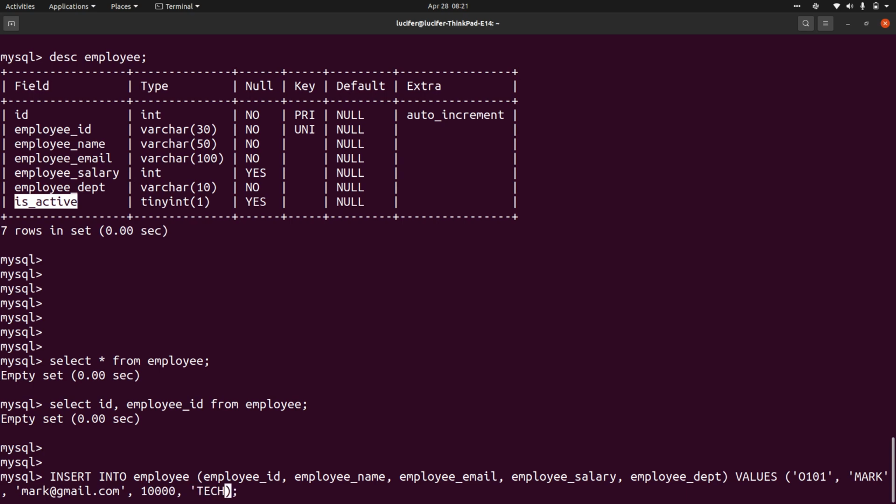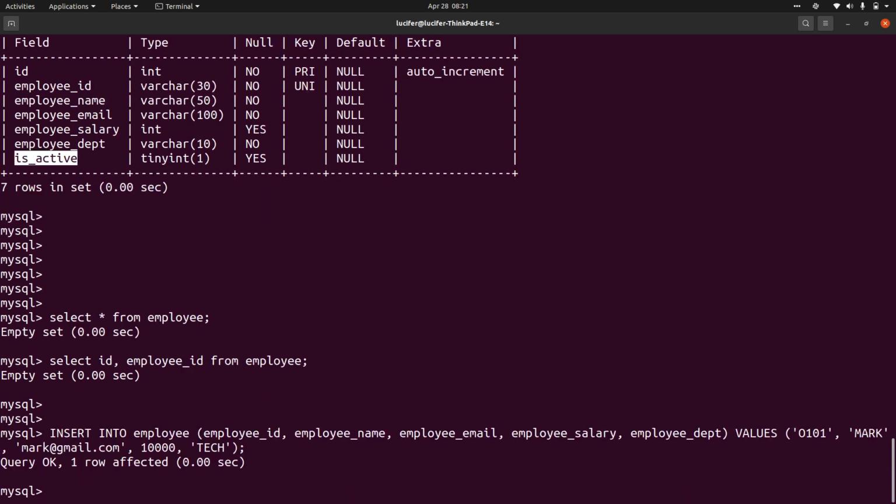Okay, let's say tech. Whatever columns I am giving here, the same values representing those columns I have to mention inside the values. Why are we doing this? Because we don't want to give ID, since we kept our ID as auto increment, right? It will automatically increment starting from 1. And we are not giving is active. Remember how that goes into the table.